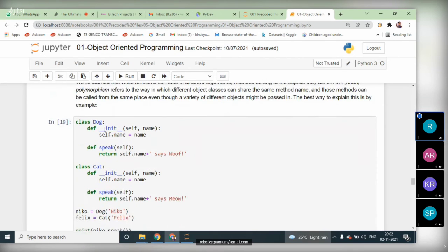See here, we have one class, dog, and another class, cat. Two classes, and both classes don't have any direct relation here. We are not making one a parent and the other a child.